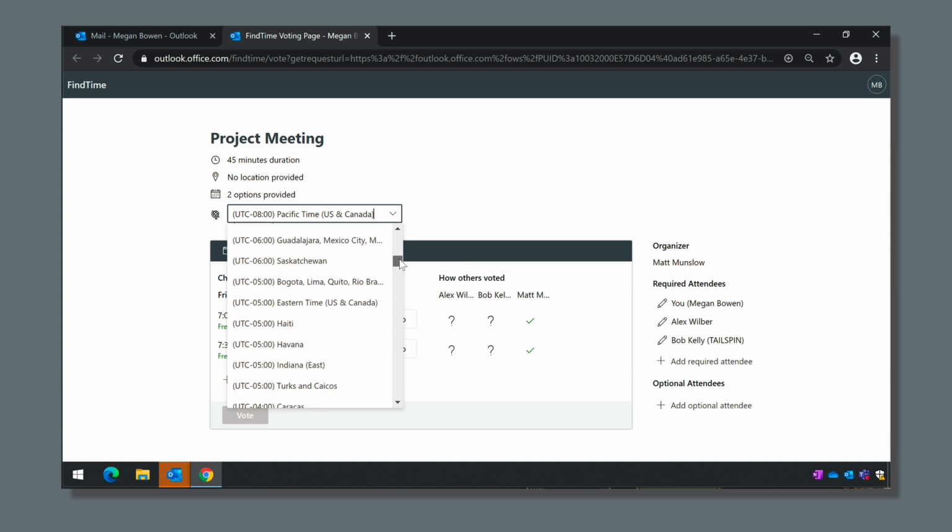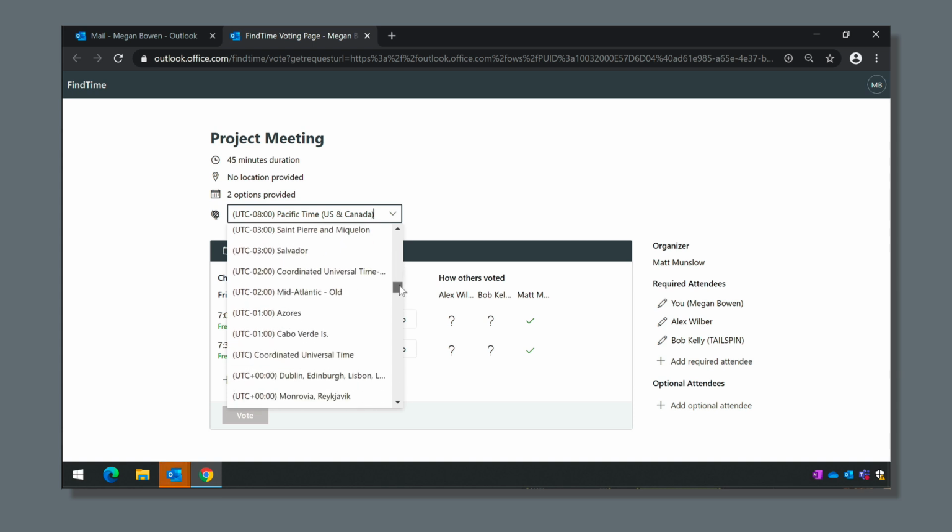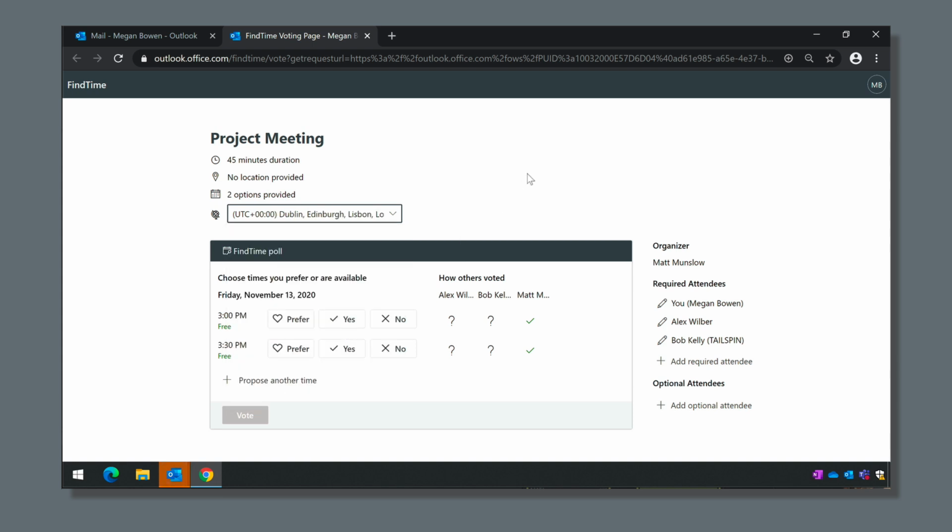This time we're going to have a look at Find Time for Outlook. Find Time is an Outlook add-in for Microsoft that helps you schedule meetings with a meeting poll. We've all been in that situation where you want to set up a meeting, but you can't see the calendars of the other attendees. Or you just want to let the attendees choose when to meet. With Find Time, you can offer the attendees a range of times when you're free and let them choose.